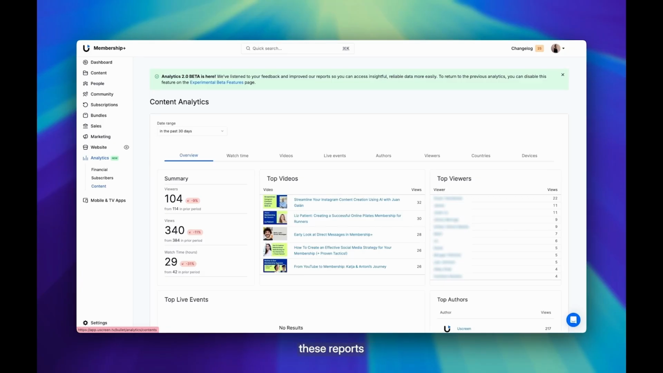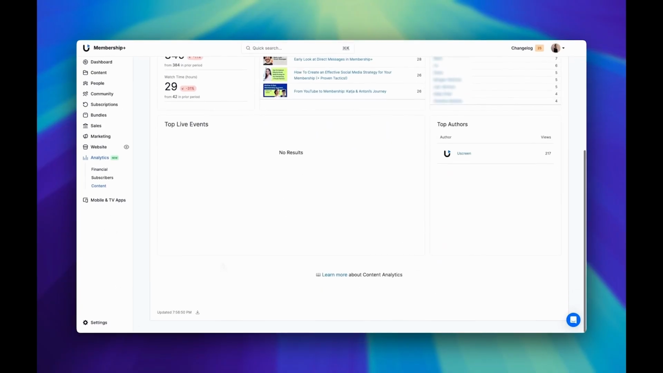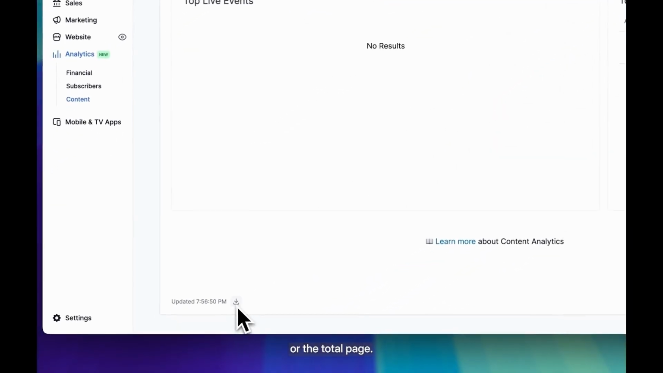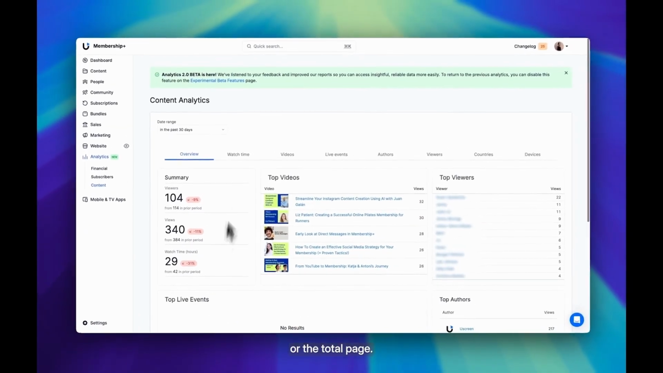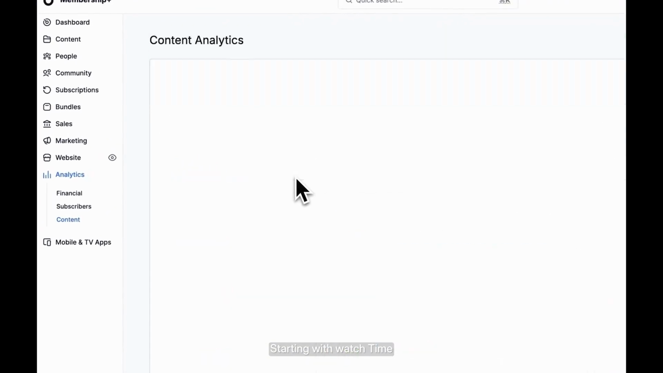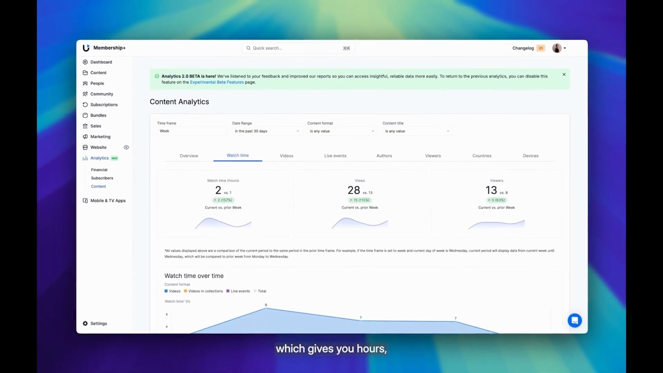With this data, you can make informed decisions about what content to create or promote. Again, you can filter these reports by content type, title, and date ranges to get even more granular insights. On the main page, you will get an overview, which includes all of that information, and a summary, which you can download each individual section or the total page. And then you can go into more detail with every section, starting with watch time, which gives you hours, views,